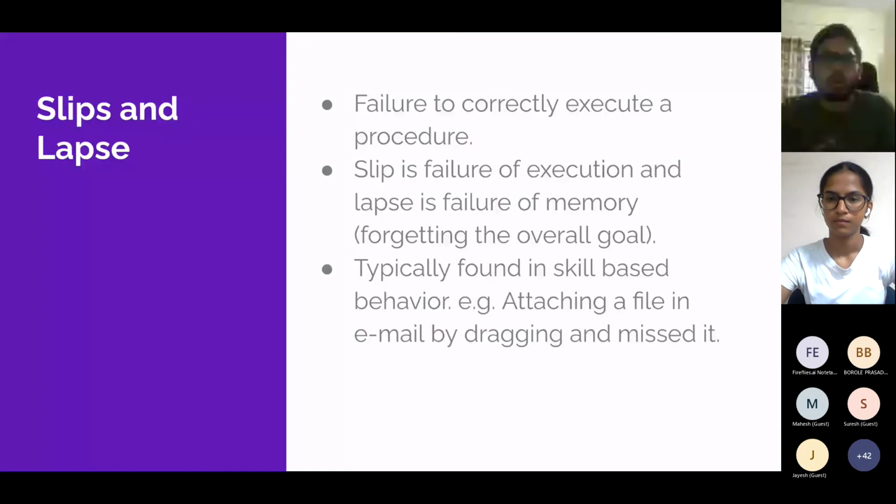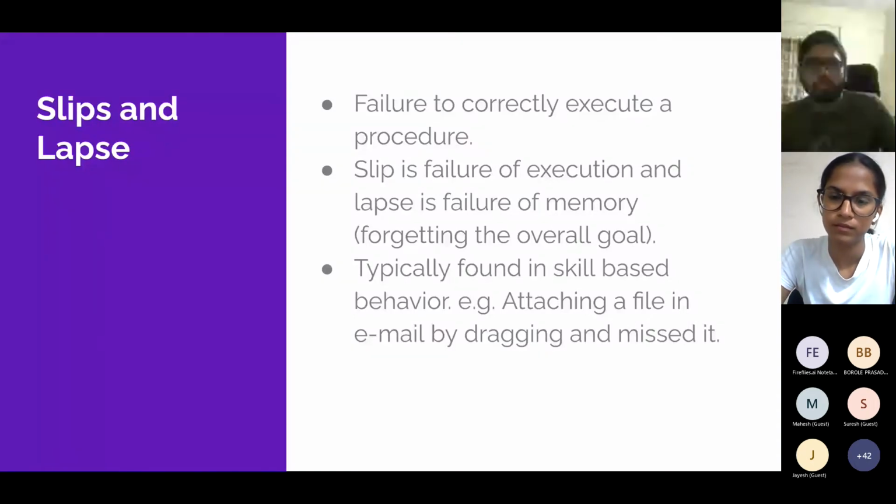Now, preventing slips is a function of some strategies which we have already talked about in the previous slides, making the product more effective such that the user will be able to achieve his goals. For lapses, there are a few additional things which we should keep in mind,